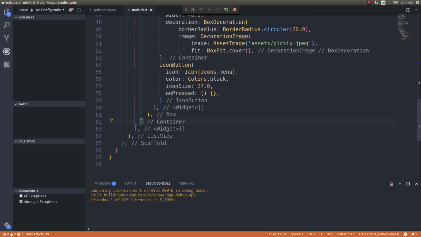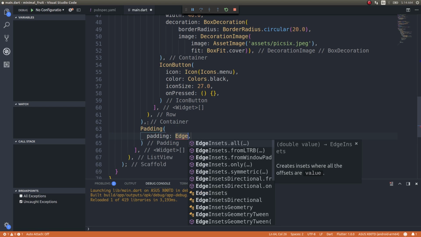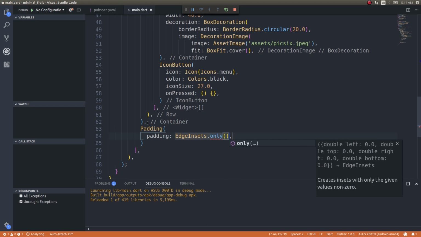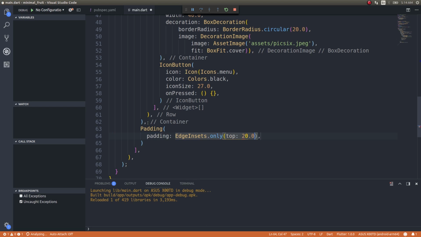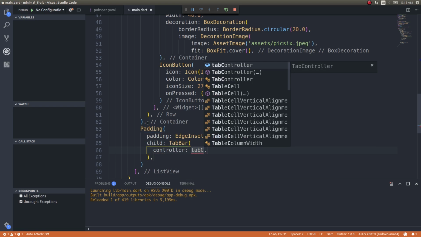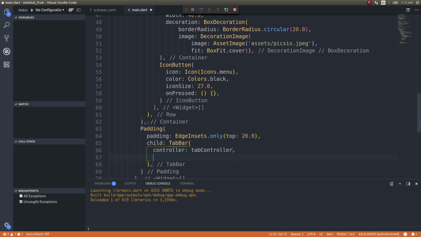So after this container, I'll add a padding, maybe padding edge insets dot only, top 20.0. Fine. And after this I can do a child tab bar, and tab bar will be controller tab controller. Fine. And indicator color colors dot transparent, label colors dot black,